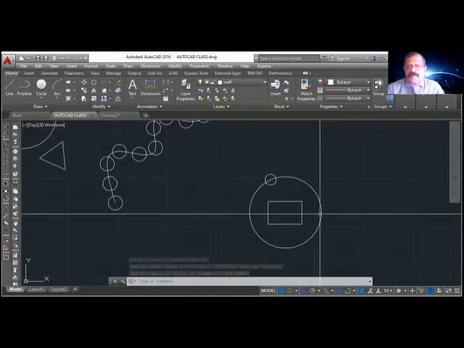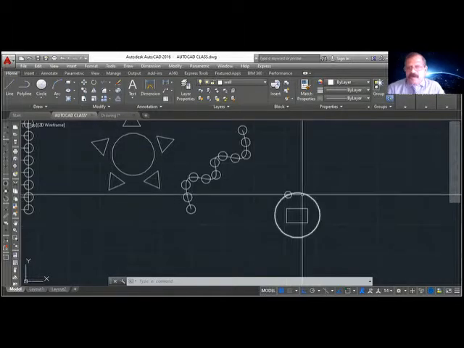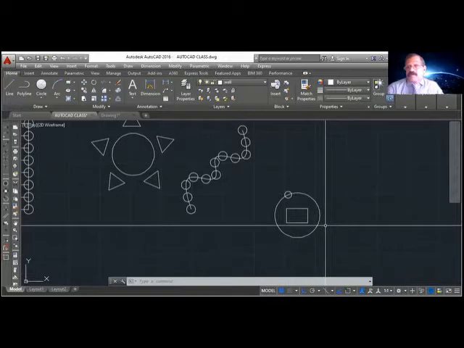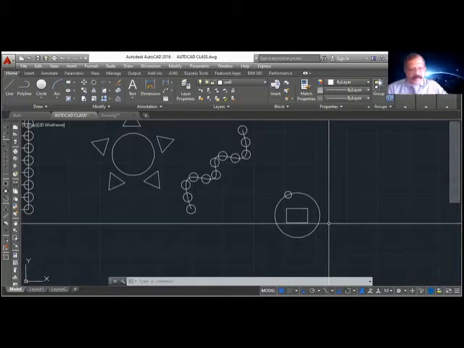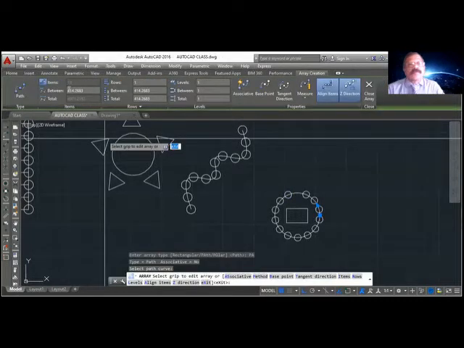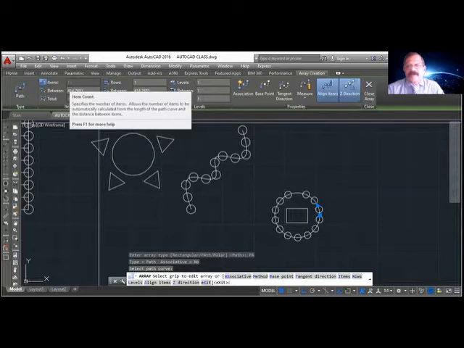Now you see, this is my tree. I want to keep 10 trees around this building, equally divided, equally spaced. There I will use the path. So array, select object, path, path curve. So it put 13 numbers now. I want 10 numbers only.